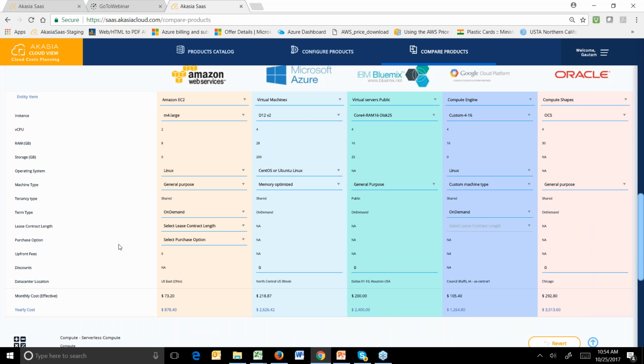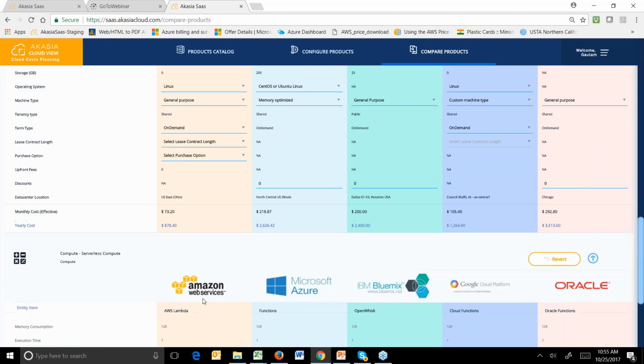So for products where you have different configurations, different offerings, you want to test each of these different kinds of overrides and so on and so forth, this is something you would be allowed to do. You can also change the purchase option, for instance, lease contract options. Do I do all up front or partial up front? Do I do this 1 year, 3 year, what is that? Reserved instance, right? So each one of those you can change over, and it will make a difference. A lot of what-if analysis can be done as well.